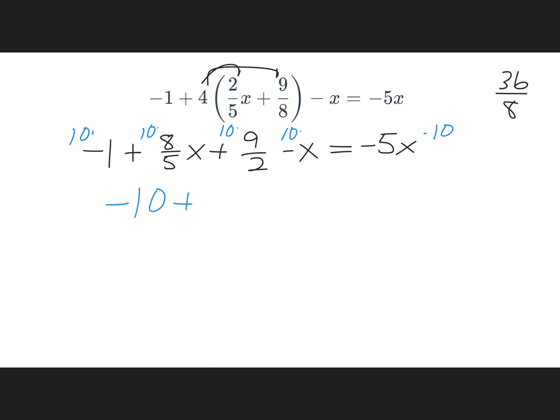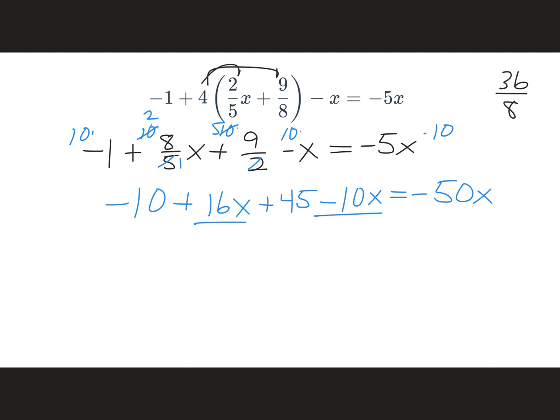Plus, 5 and 10 becomes a 2. So 2 times 8 is 16x. 2 and 10 become a 5. So 5 times 9 is 45. And then 10 times negative x is negative 10x equals, and that is a negative 50x. All right, let's combine some like terms here. I've got 6x plus 35